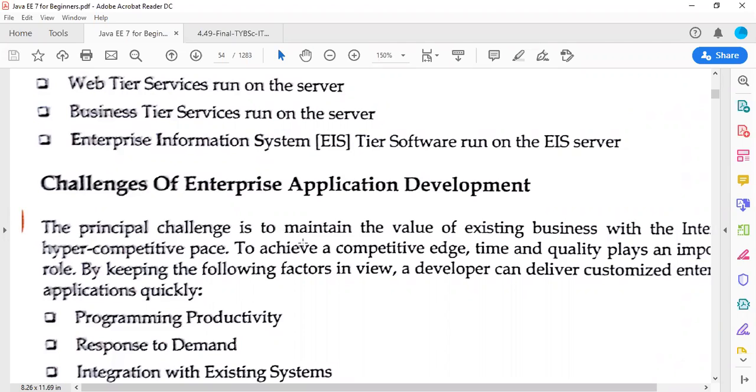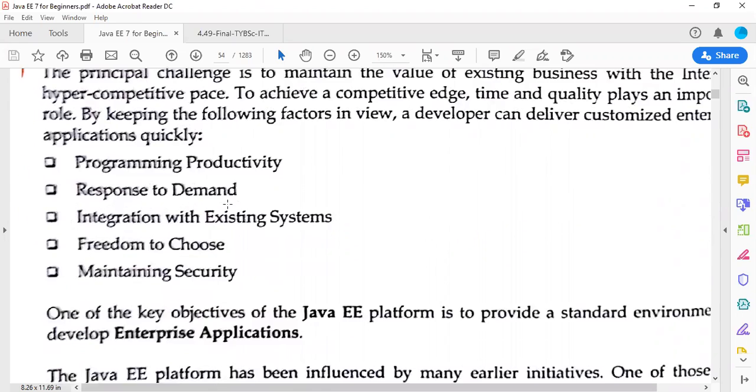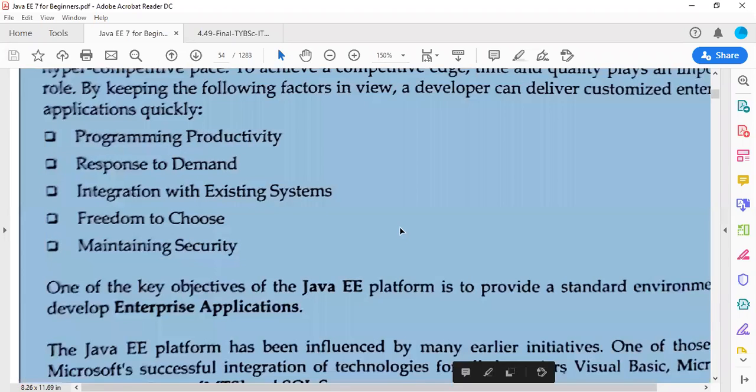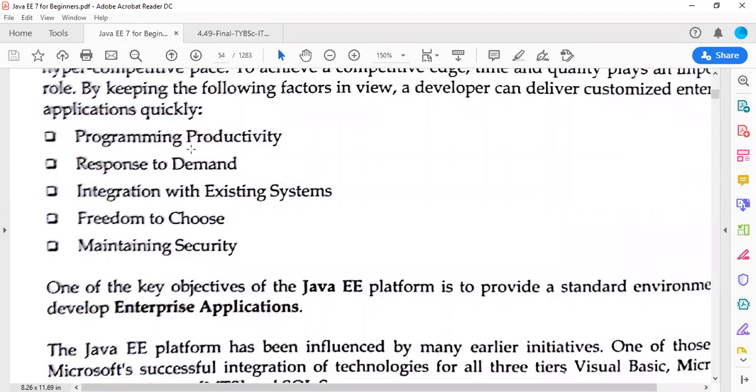By keeping the following factors in view, a developer can deliver customized enterprise applications quickly. So these are the factors that can affect your productivity or application's performance. First is programming productivity. Then response to demand. So it's up to a developer what kind of response they want to give to the demands of the client.